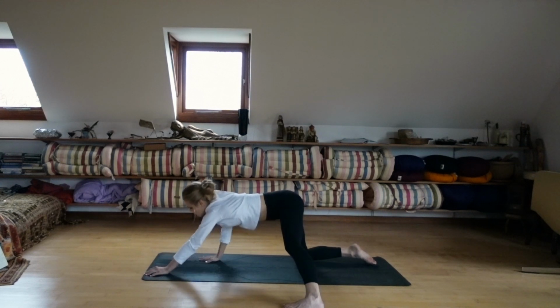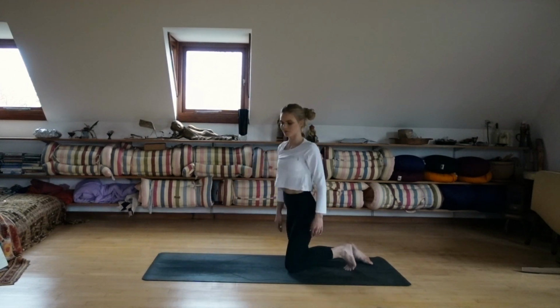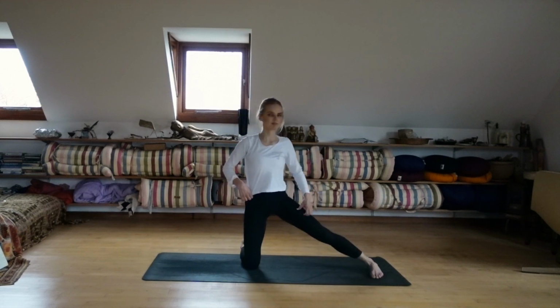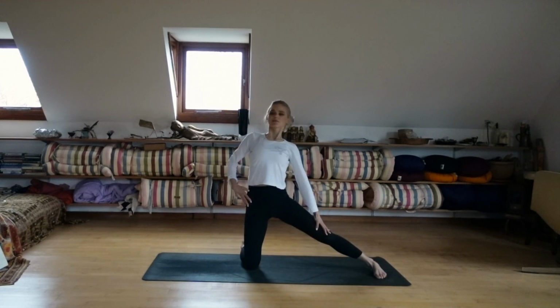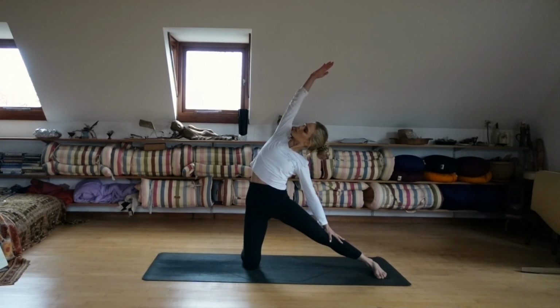And ready from there, rising up into your tabletop position and keeping your left leg extended. Take your left hand to the side of your left thigh. Breathe in as you draw tall, and then exhale as you spread your right arm up and overhead for a side stretch, stretching all the way from the right hand to your right knee, stretching out the inner thigh in